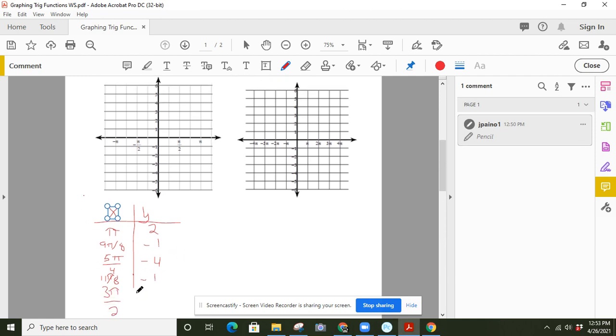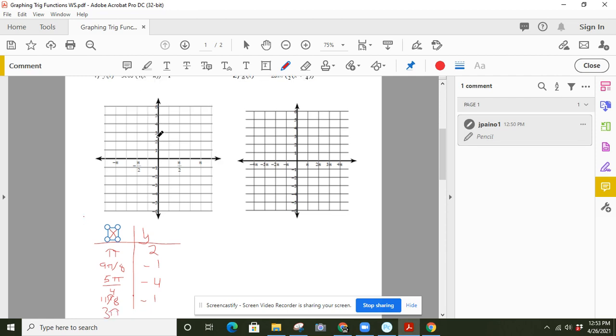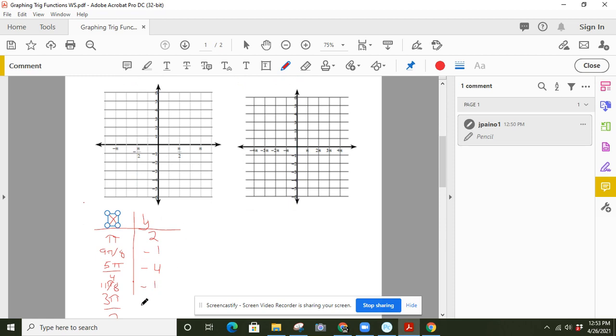And then when I plug in 3 pi halves, I get pi halves times 4, which is 2 pi. Cosine 2 pi is 1. 1 times 3 is 3. 3 minus 1 is 2. So right back to where we started. All right, so now if I plot those points,